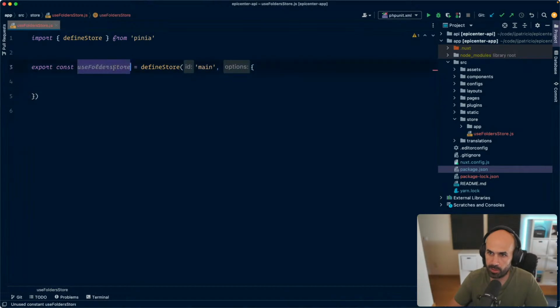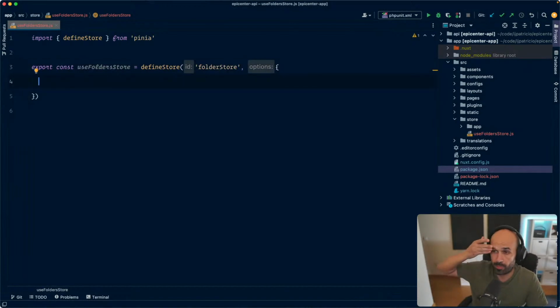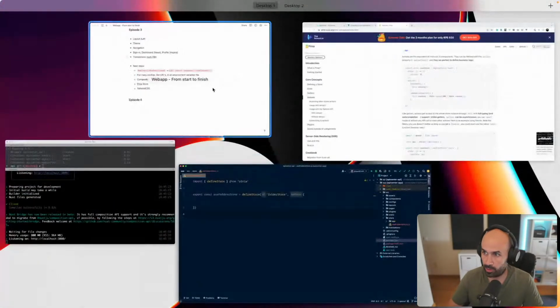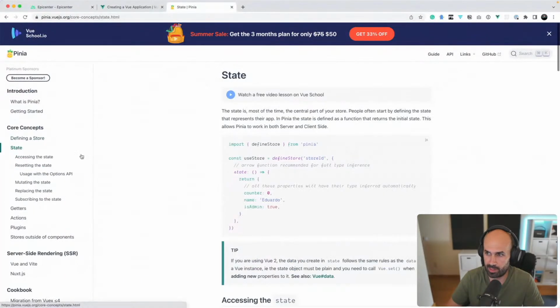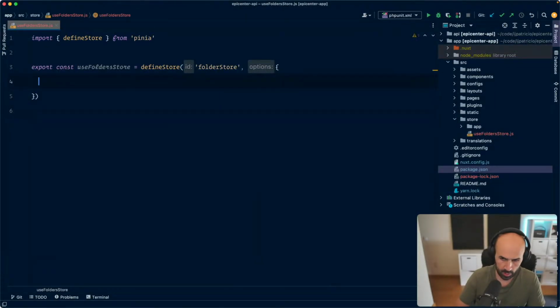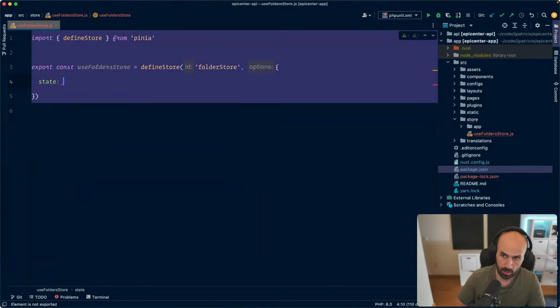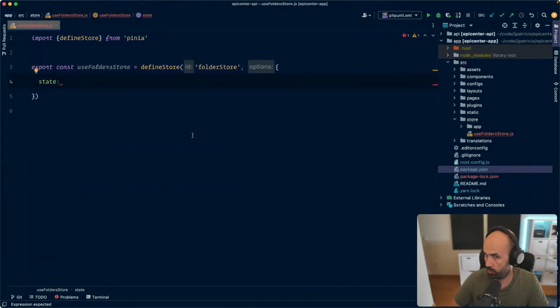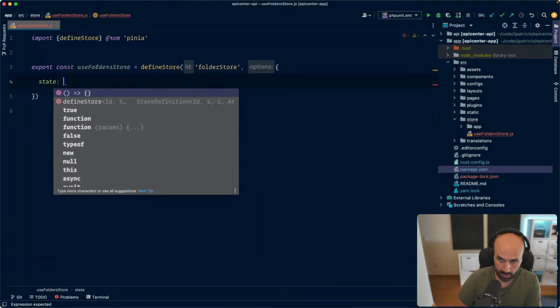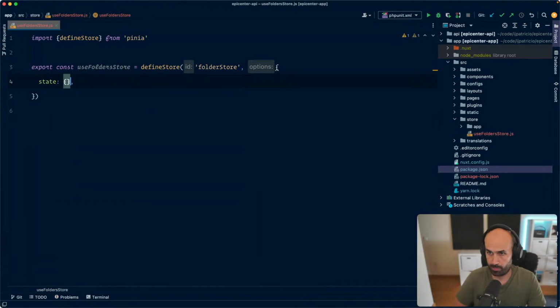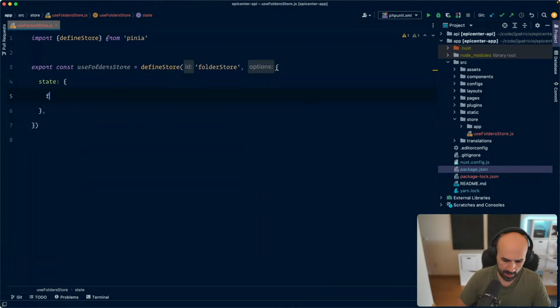Okay, so let's just build a folder store. I'm thinking of making a first component, so let's see where this goes. So this folder store will be just something that has a state. So it's called state. This is an object, and here I want to say folders,